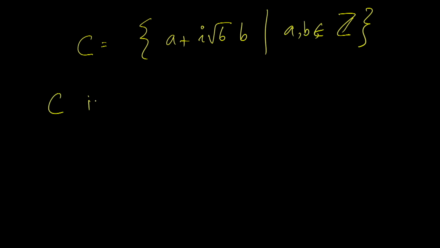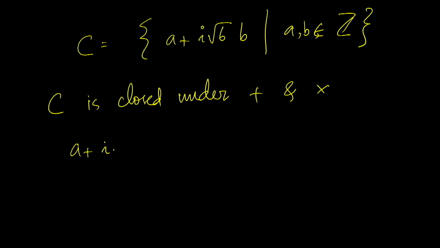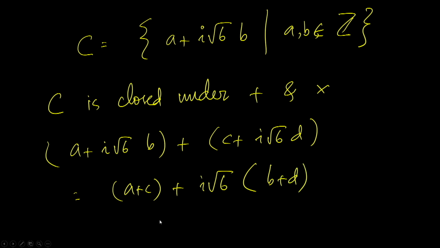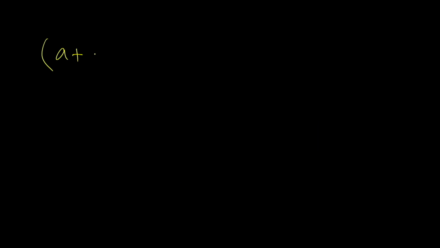Now, C is closed under addition and multiplication. That is because a plus i root 6 b plus c plus i root 6 d is a plus c plus i root 6 into b plus d. Therefore, C is closed under addition, and in the case of multiplication we have a plus i root 6 b